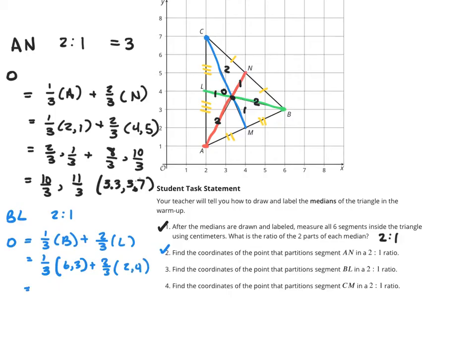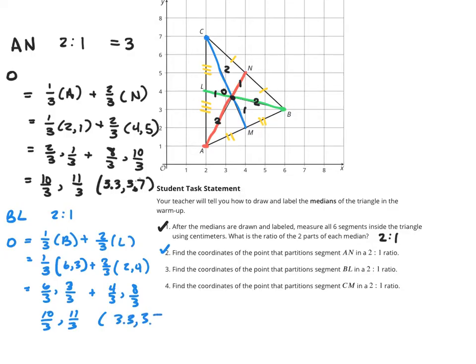So we get 6/3, 3/3 plus 4/3, 8/3. That gives us, add the x's together, 10/3, add the y's together, 11/3,